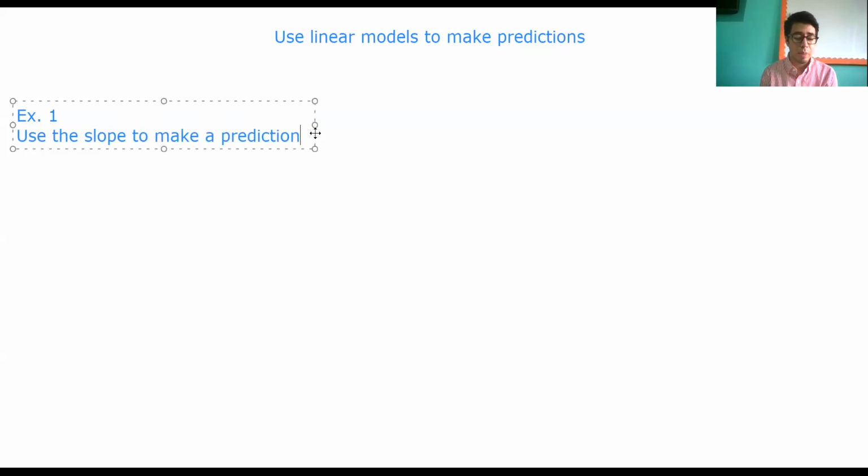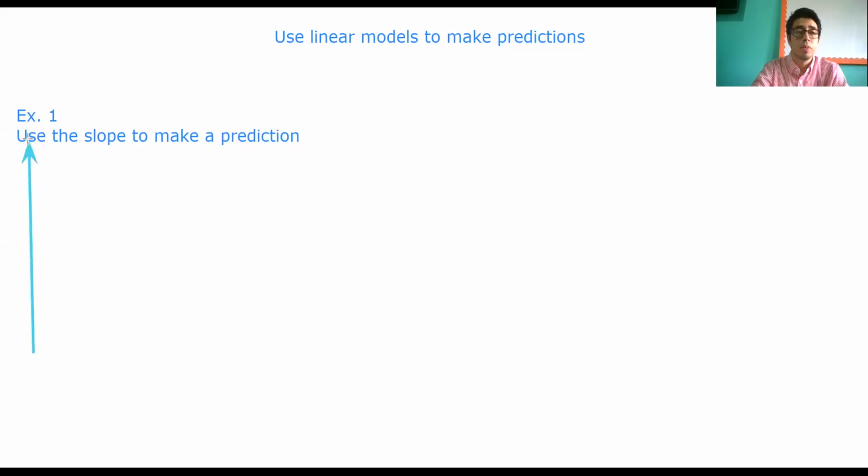Micaela is a speed skater and hopes to compete in future Olympic Games. She researched the winning times of the past 50 years. If the trend in faster speeds continues at the same rate, how can she use the information to predict what might be the time to beat in 2026? Okay. So the first thing that we need to do is to write